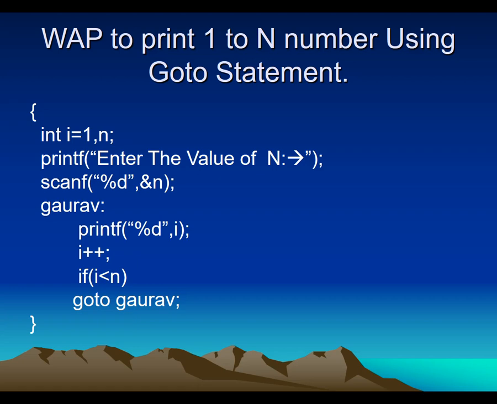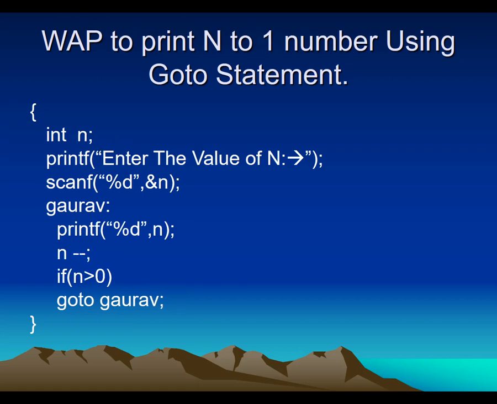So we have taken our program for the same, where we printed 1 to 5 numbers onto the screen, even 1 to n numbers, which you can now see on my desktop screen. Now let's continue with another program. In the next program we will print n to one. That means starting from the last number to the first number. Say for example, suppose I have entered 5, then the output will be 5, 4, 3, 2, 1.